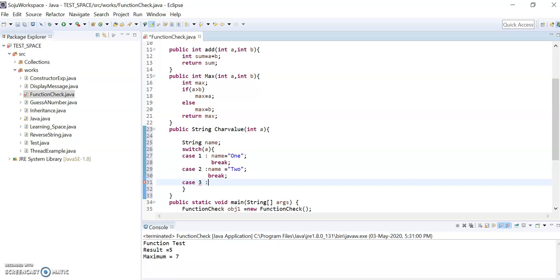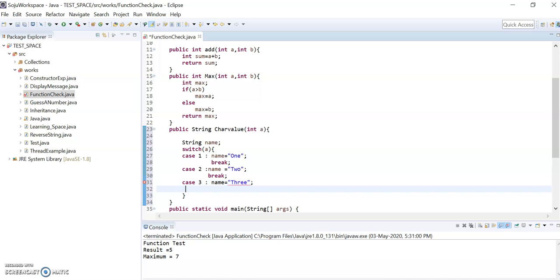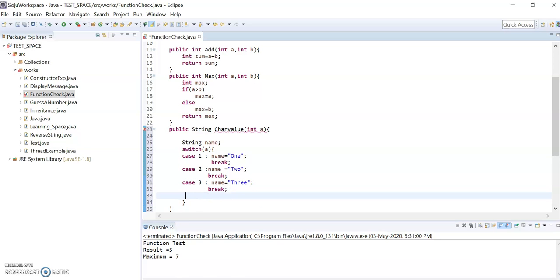Case 3, name is equal to 3. Then break. Like this way we can do till 9, or we can include the 0 also. And I am putting the default at the end.